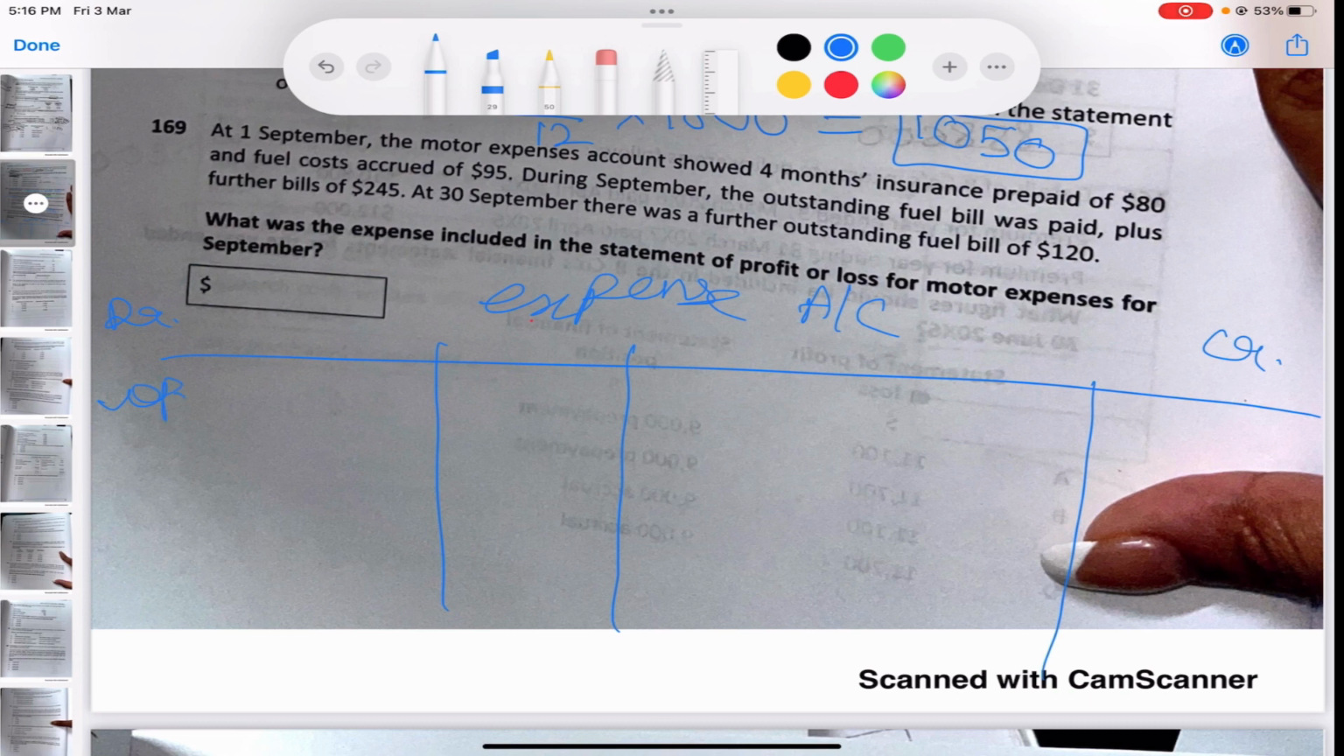I hope you remember the formulas of both the accounts. In expense, we always have opening prepaid over here, closing prepaid over here, opening accrued over here, closing accrued over here. And whenever you have an expense, money goes out of the bank. So we have bank over here and we have statement of P&L over here. So read the question and see what goes where. On 1st September, the motor account showed 4 months insurance prepaid of 80. So we have opening prepaid of